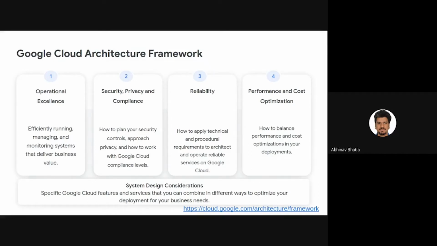As the CEO of my new organization, Abhinav.com, I know I have to solve for certain key things. The number one is operational excellence. As part of operational excellence, I have to move fast and act fast. I have to take care of my operations, and for that, I have to increase my development and release velocity. I have to make sure that I roll out my products faster in the market than my competitors. So that is where I have to make sure that I build my application.